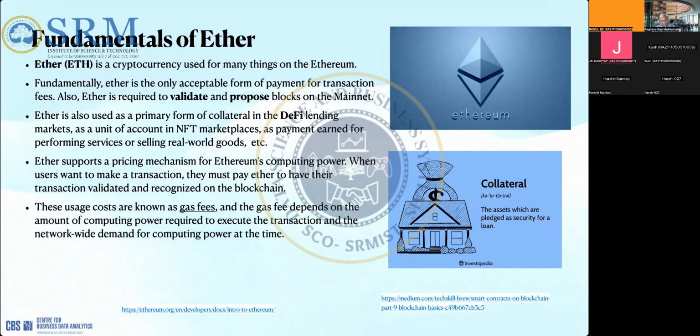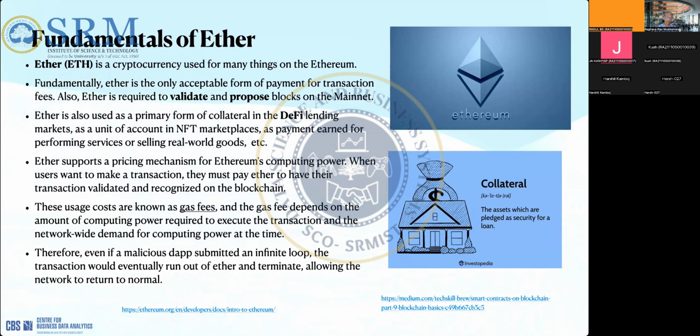Suppose, let us say, that we write a smart contract which has some kind of infinite loop, right? And let's forget about gas fees and other kinds of things. Let's assume that the nodes or the miners or the clients start executing this contract. Since it's an infinite loop, it will end up eating all the resources because it will never come out of it. That was one of the biggest challenges for Ethereum at the time of design: how to avoid malicious behavior and how to discourage people from writing buggy contracts and wasting resources, right?